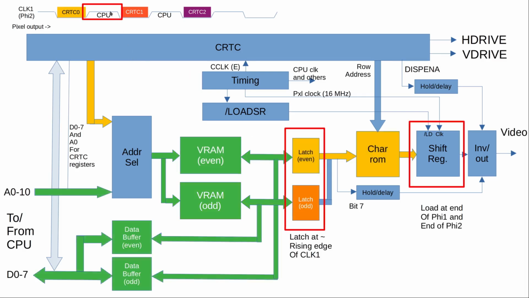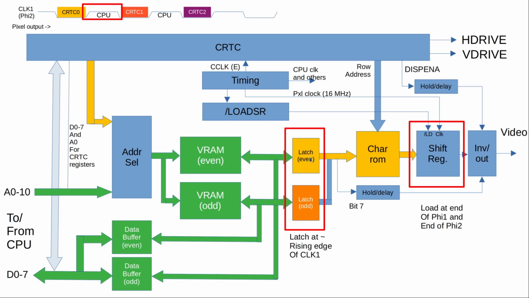And then we have the next half cycle where the CPU is accessing the video RAM. We have the CPU address, if it's addressing the video RAM, it actually doesn't have to be all the time. Then depending on whether it's an even address or an odd address, the data buffers are being put on transparent, and the CPU can write and read those values. But the latches now have the value, because the clock has gone from low to high, but only one of those is for now being set to